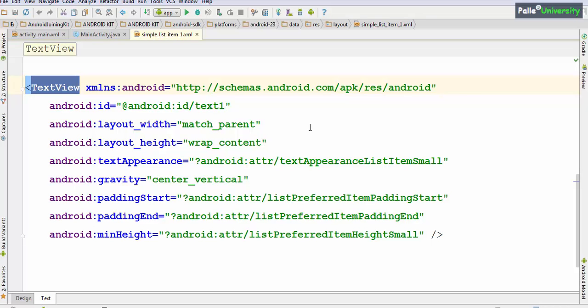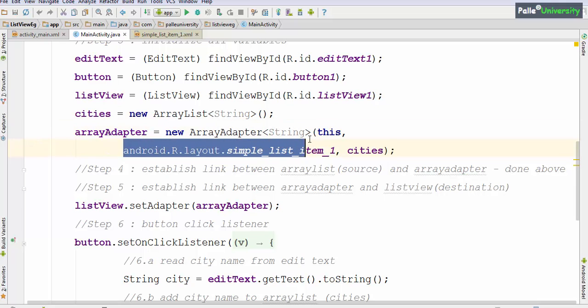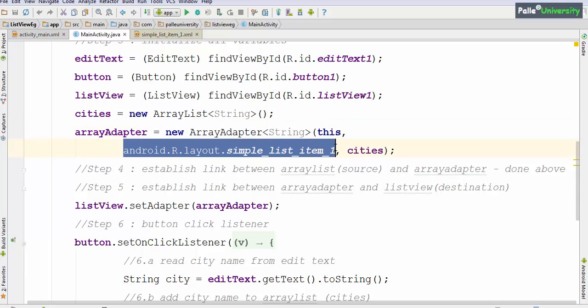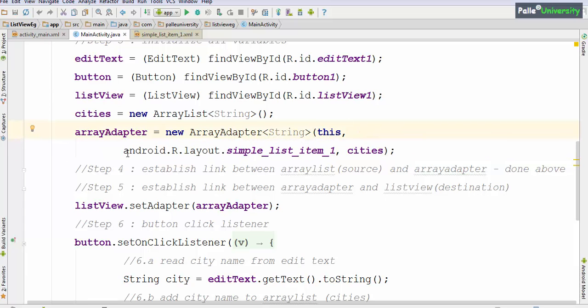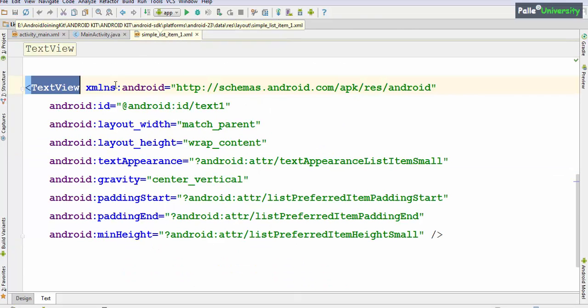So probably this text view contains the background color as gray color and the text color as some black color. Let us say I don't like this color. I want to supply our own XML file with different color combinations. Let us say in the list view, each row I want to display as background color red and text color as white. Now in place of this XML, you can supply your own XML file. Make sure that XML file has only a text view without any layout. Within that text view, you can supply your own styles, that is your own text colors and background colors.